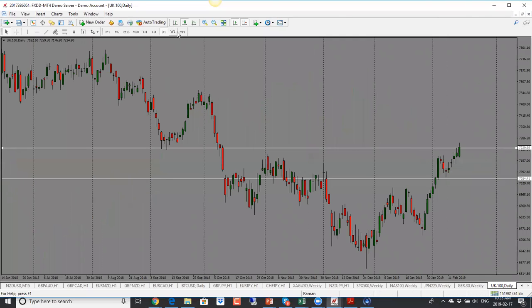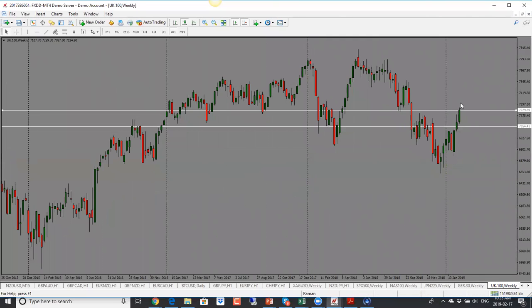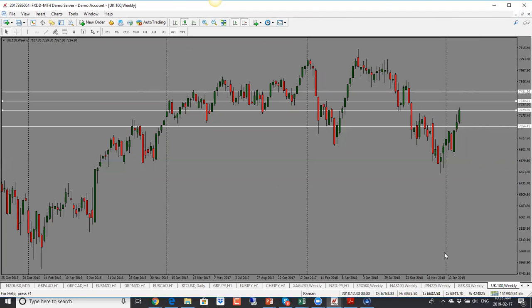So bias is bullish for DAX as well. FTSE here also looking bullish. We have seen a nice bullish close right into our support resistance level. So this is also looking bullish. Next target is, well, let's do this one first, 73.30. And then beyond that, we are looking into 74.30. So bullish bias here for FTSE as well.